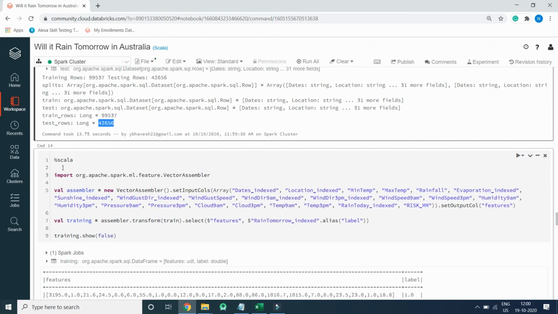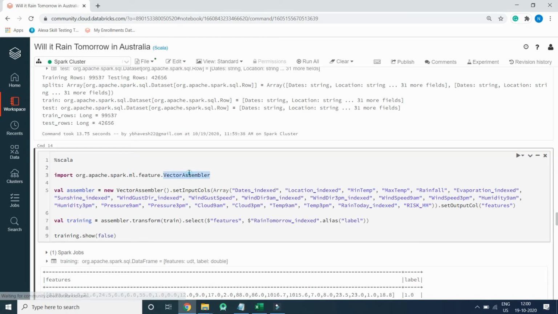Now vector assembler. What is vector assembler? It will create the data into feature and label. So feature will be the collection of all the columns and label will be the column which we are going to predict.